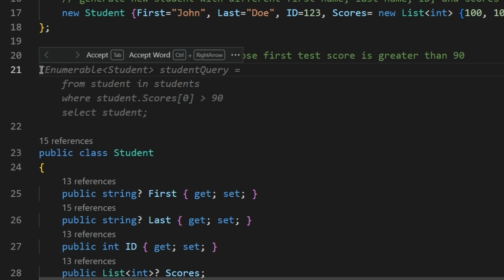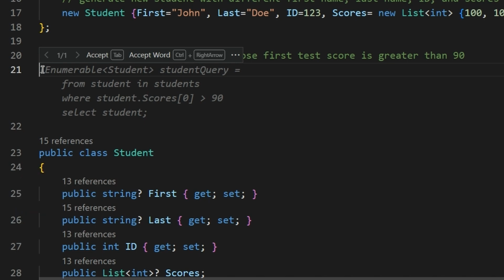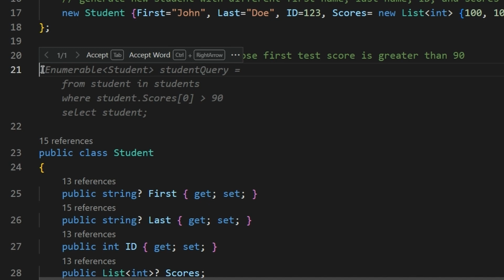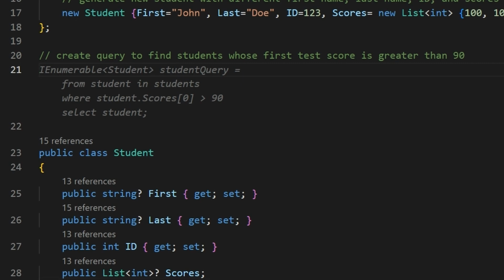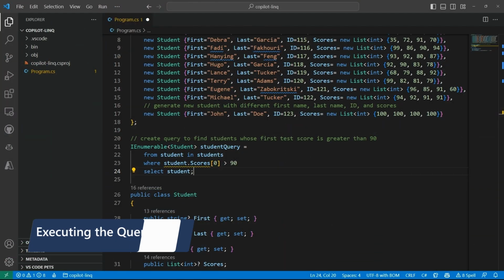If I were to hover over this suggestion, you can actually see that I can accept the whole thing with Tab, or I can accept it word by word using Control and right arrow. And if there are more options here or other suggestions, I could toggle through those using these arrows. But this suggestion is pretty close to what I'm looking for, so I'm going to accept the whole thing by clicking Tab.